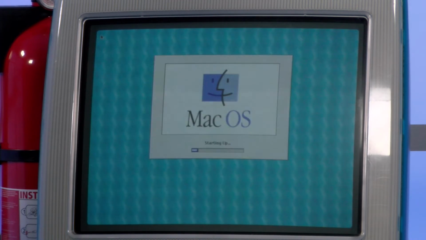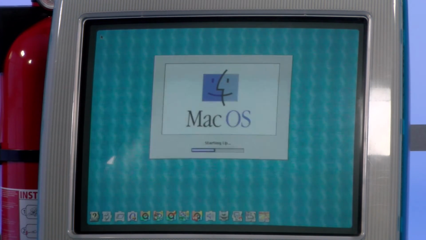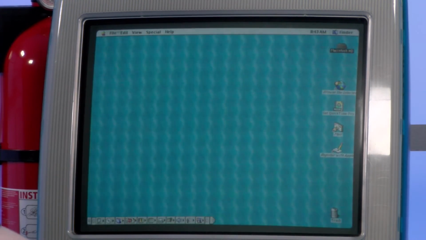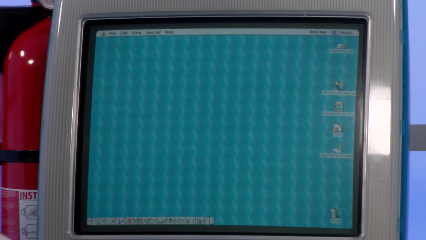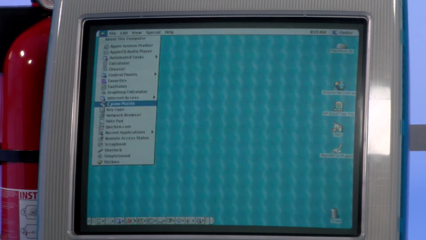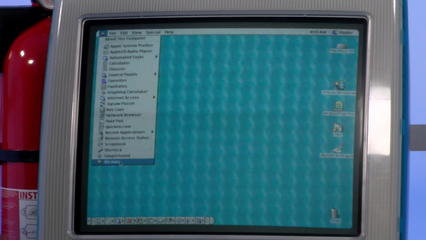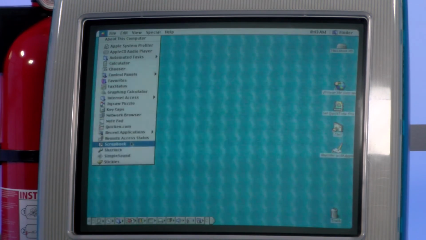Ooh. Uh-oh. I don't know if that's going to catch on camera, but I'm hearing sparks, and every time it sparks, the CRT turns off for half a second. Wow, it booted up. That's awesome. I am a little concerned about that CRT, though. Oh, it did it again. But it works.